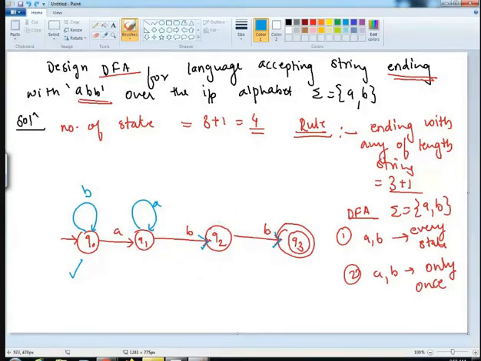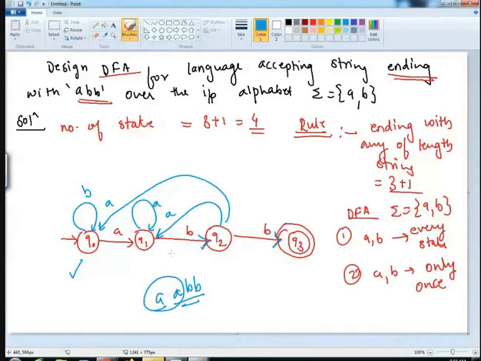Now the question can be, can I give it to Q1 state? Can I give it to Q0 state? These both conditions are valid. But in this case also what will happen is that अगर आपने Q0 को अगर लगा दिया है तो कंपलसरी आपको A, B, B की कंडीशन ये satisfy कर सकते हैं. Also you can see if you give to Q1, it will satisfy the condition. But in this case, what will happen if you give it to Q0? It will be mandatory that there should be double A in between.